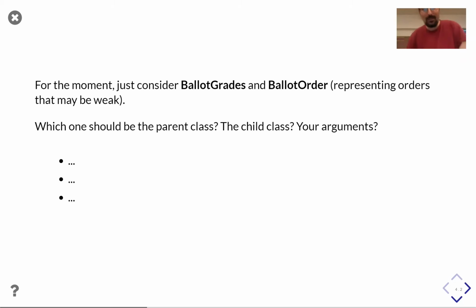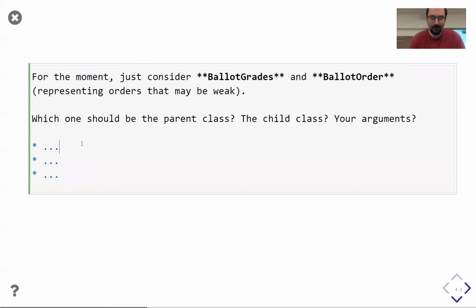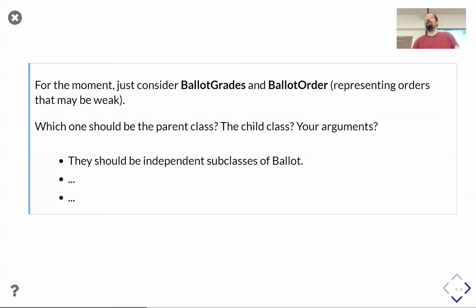So first possible answer, they should be independent subclasses of ballot. That's a possible answer.